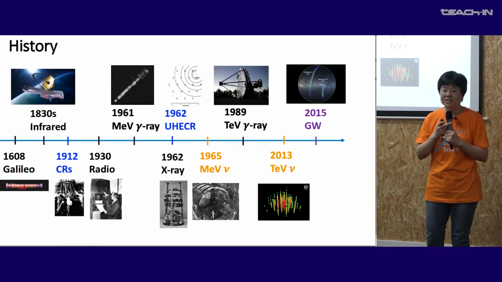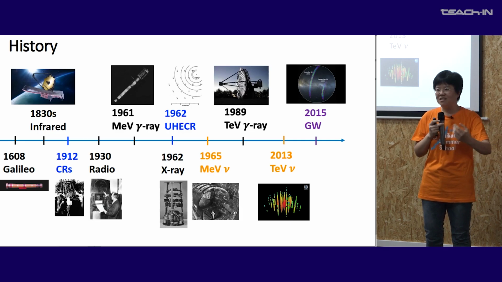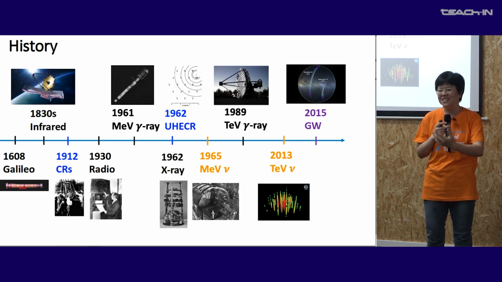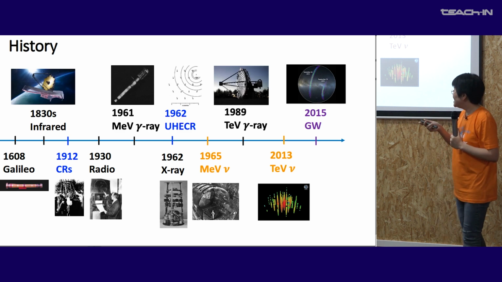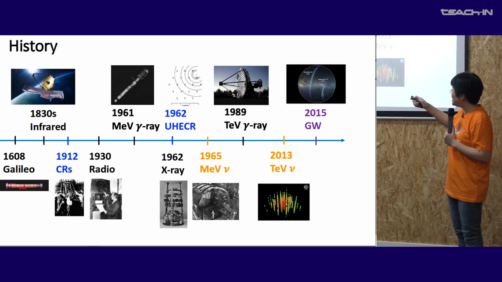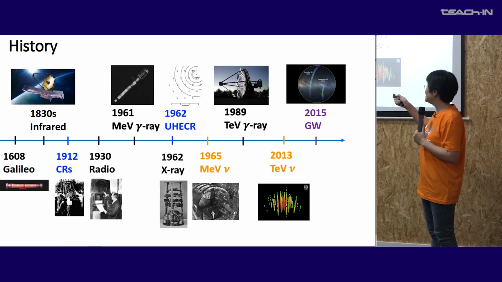For X-rays, it's like we have an X-ray detector, and we got a robot. We send the X-ray detector to space and find signals from outer space, X-ray signals. And at the same time, there are a few guys from MIT, they built a detector, and this figure shows